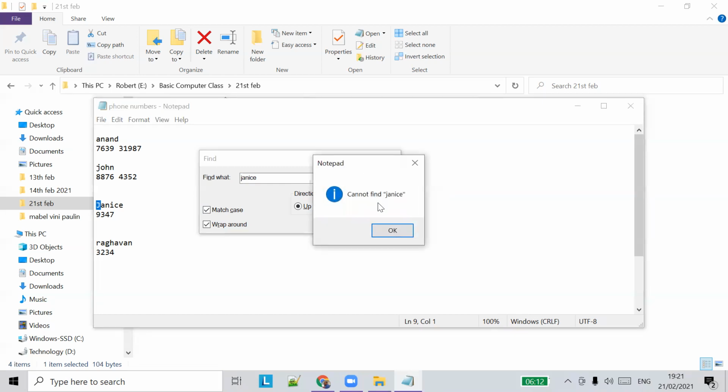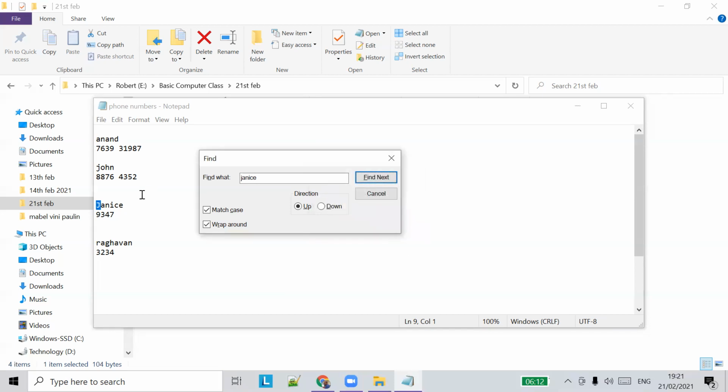It cannot find Janice because the J is a small letter. I hope you all know the difference between small and capital letters, right? So this J is small, and this J is capital letter.